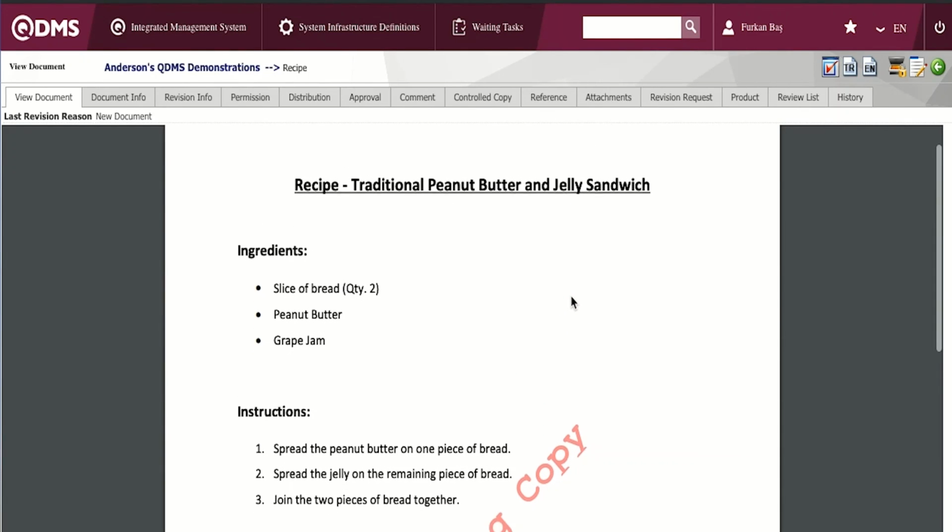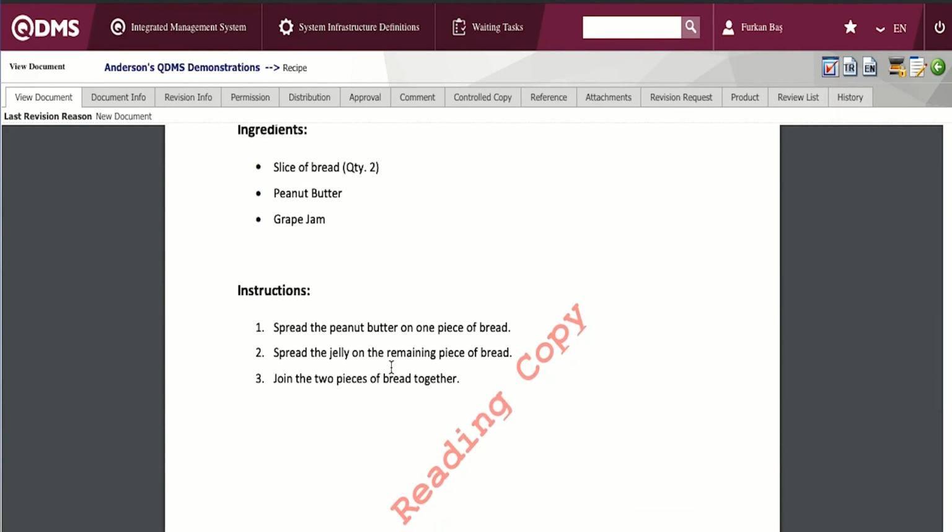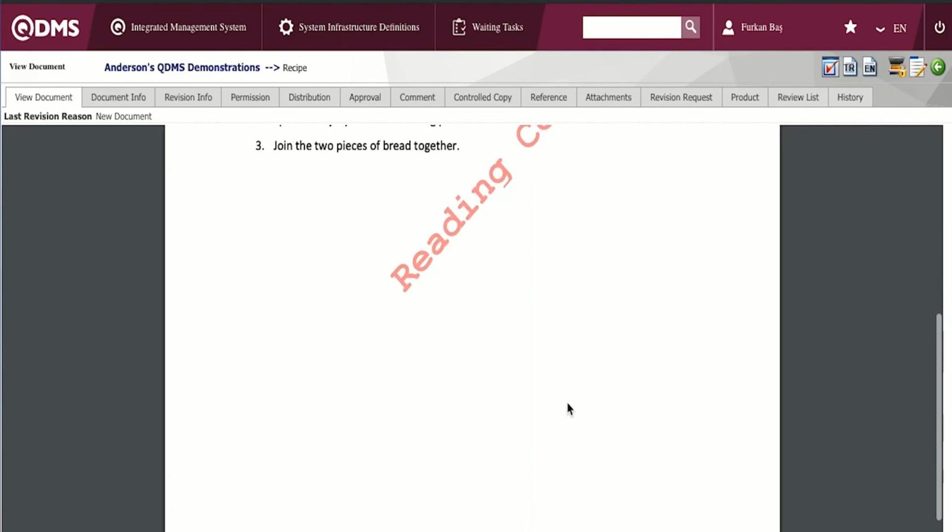Managing documentation for any team or company requires strong communication. Luckily, QDMS optimizes the collaborative structure of